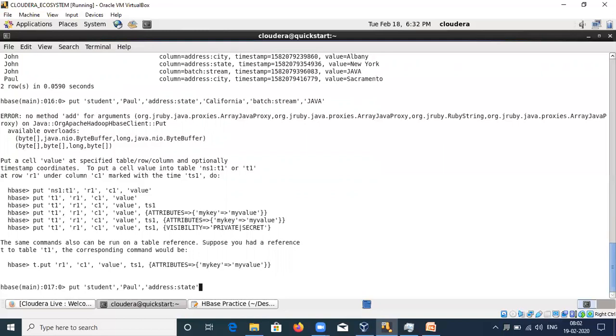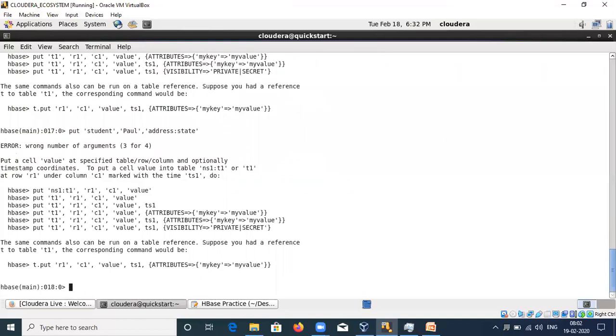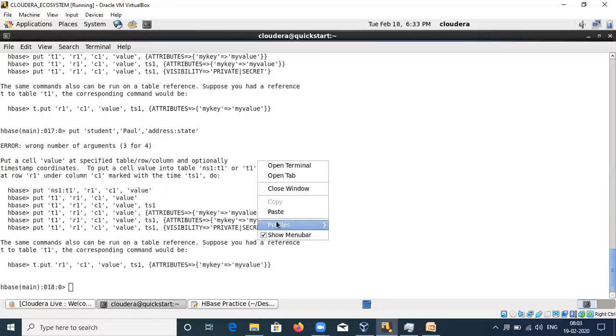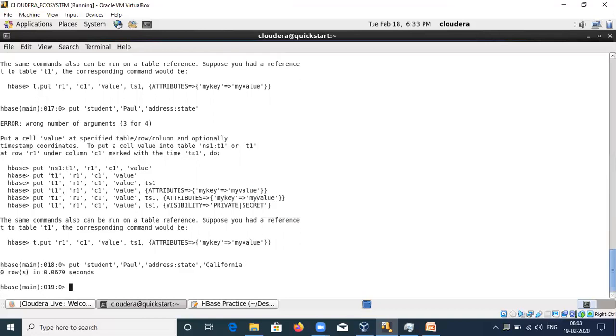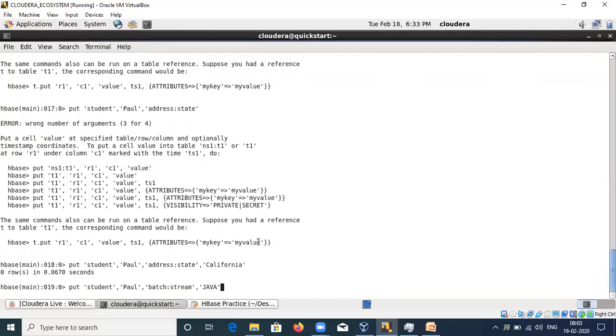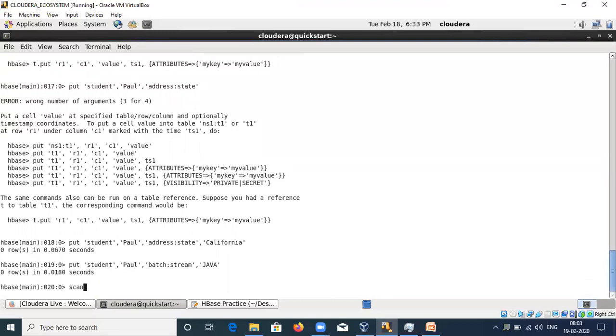Okay. So for now, let me just insert the data. Then I will insert the other row. Now, if you scan the table,